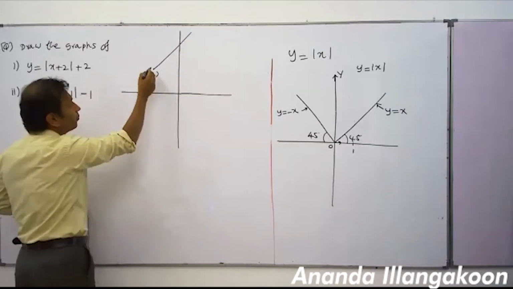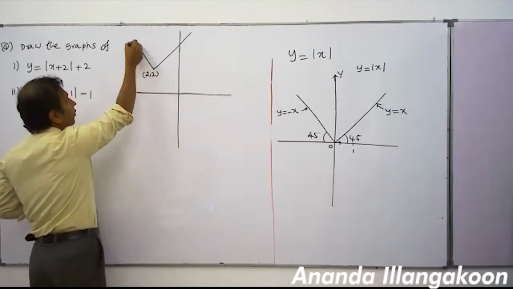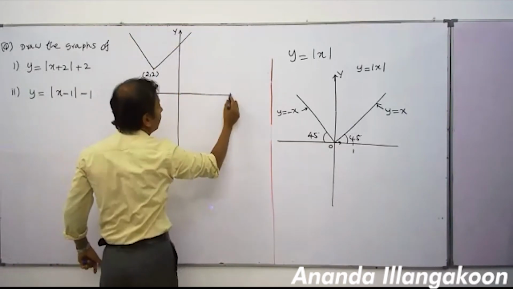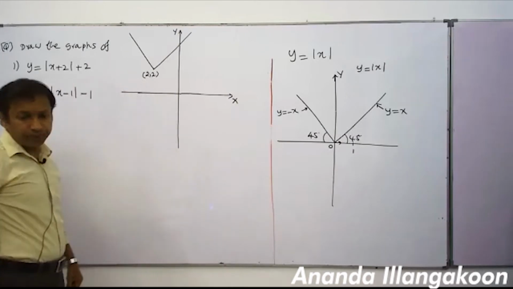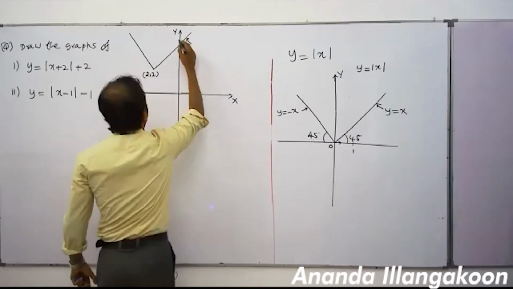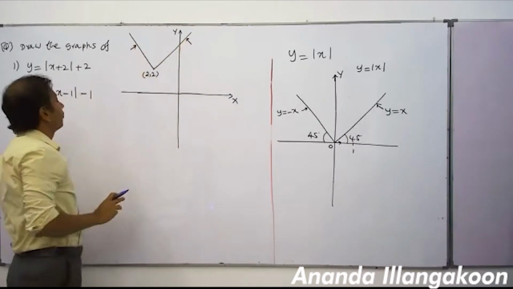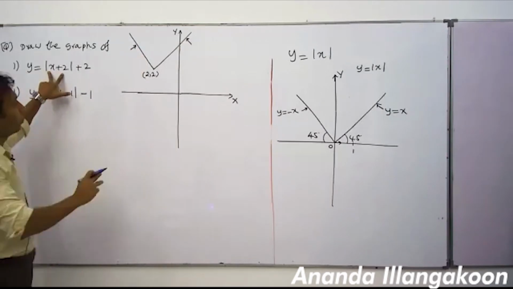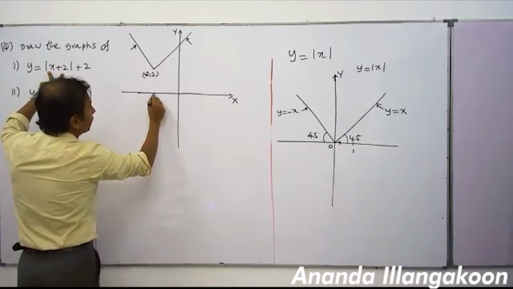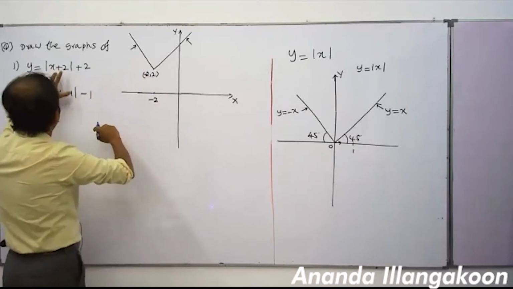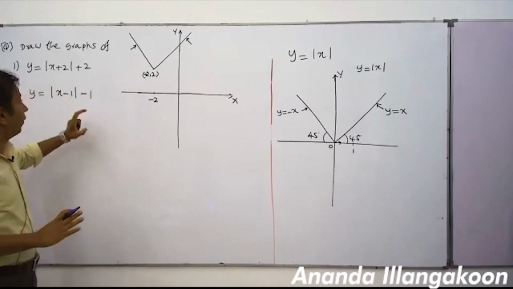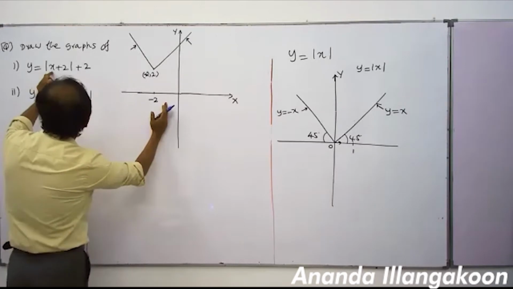This is one branch. This is the other branch. Now we can find the equation of this and the equation of this separately. Right. Mod x plus 2. Here people, this is -2. X plus 2 means the graph is coming leftward by 2 units. Therefore, this is -2. Then on the right of this -2, mod x plus 2 will be equal to x